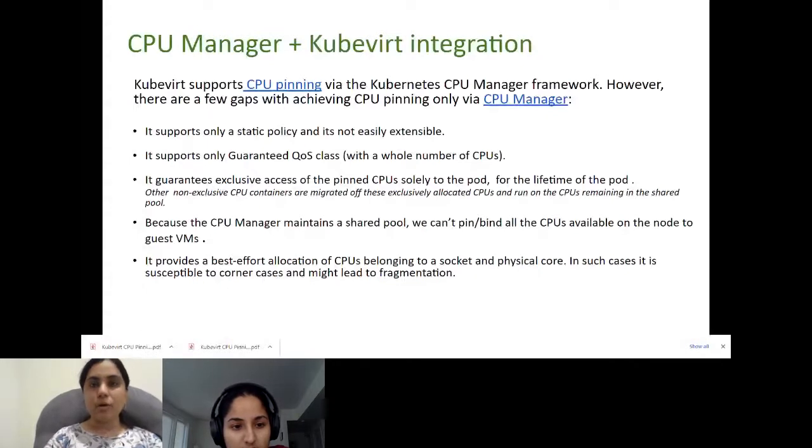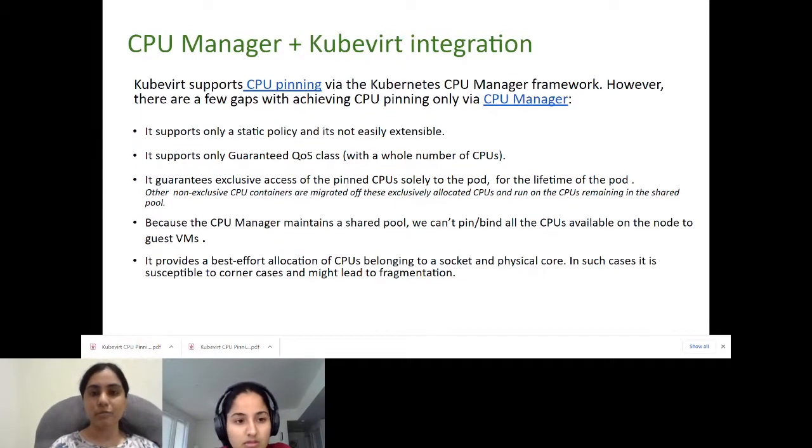So let's say I want to implement pinning based on my specific hardware and my specific hardware requirements. It's not just plug and play. I can't just add a new policy and integrate it. The framework is part of kubelet, so if you want to introduce any custom changes, then you have to maintain your own fork of kubelet,